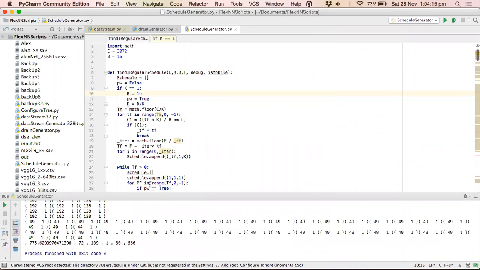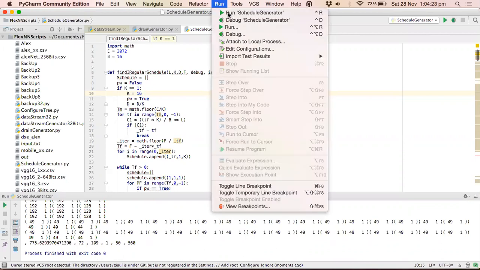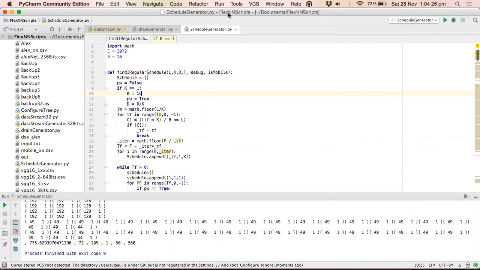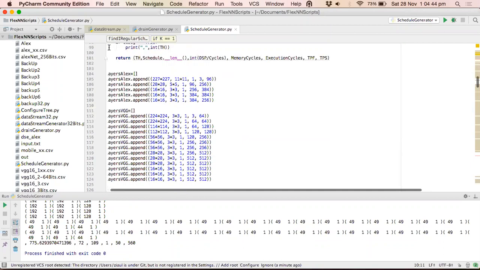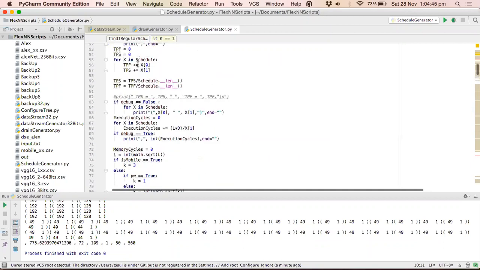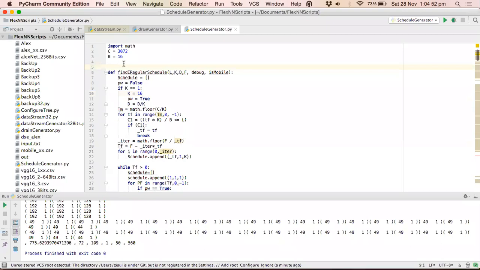That's one of the most basic benefits: you have a nice text editor wherein you can type your program, and above you have a drop-down list where you can just go and run. Internally, the Python compiler and the Python runtime environment get called to execute your program, which you don't have to know about. You just think you are inside this nice window executing the program from here itself. So that's the work of an IDE. It's for lazy programmers, for people who are new to programming. Expert programmers barely use an IDE. I'm not calling myself an expert, sorry, but I don't use an IDE for C programs at least.